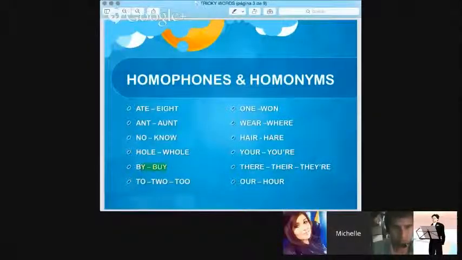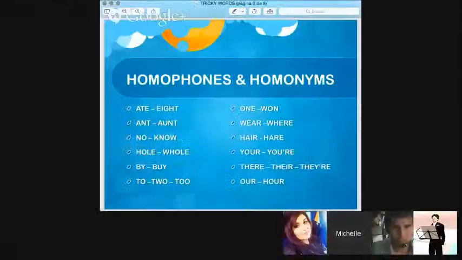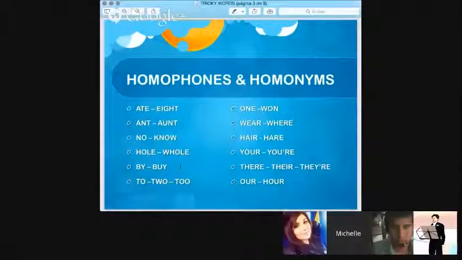What about by and buy? Do you see the difference between these two words? By, it is a preposition. Usually we use it in passive form. And buy is a verb related to selling, buying things. Exactly. Perfect. So by, we can say like the book was written by the author. And then buy is when we go purchase something at a store. Perfect. Good. Okay. So back to you, Sarah.